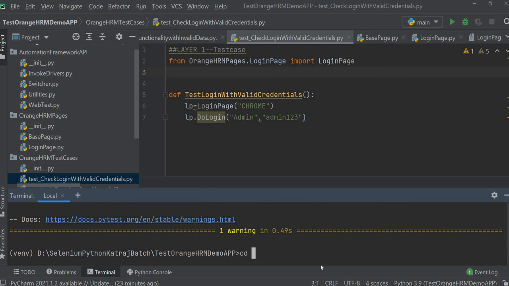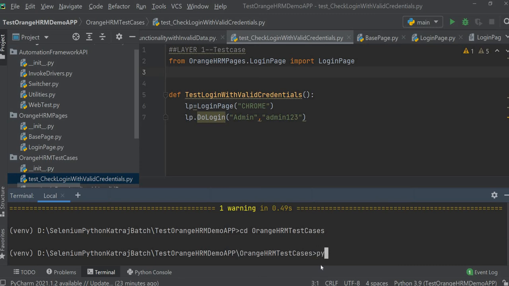So I would go to the test cases directory, pages, test cases, and then I would say pytest.